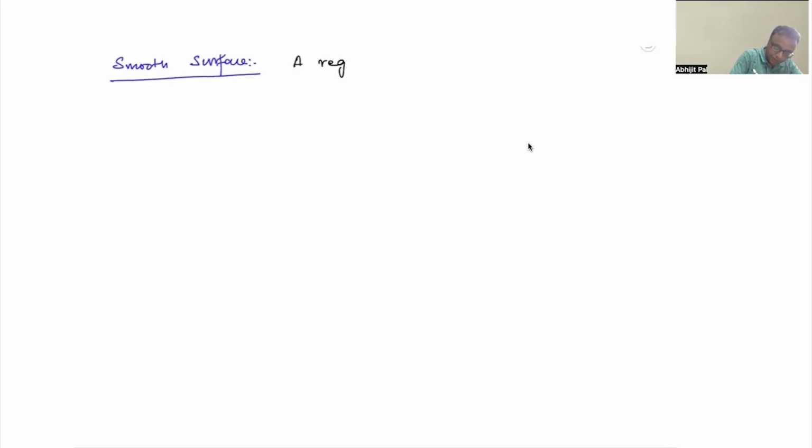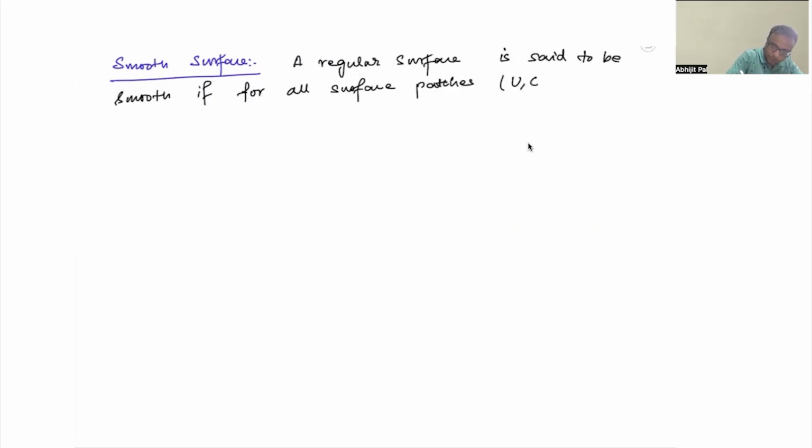A regular surface is said to be smooth if for all surface patches (U, sigma), the map sigma is a smooth map. Okay, so that is, all the